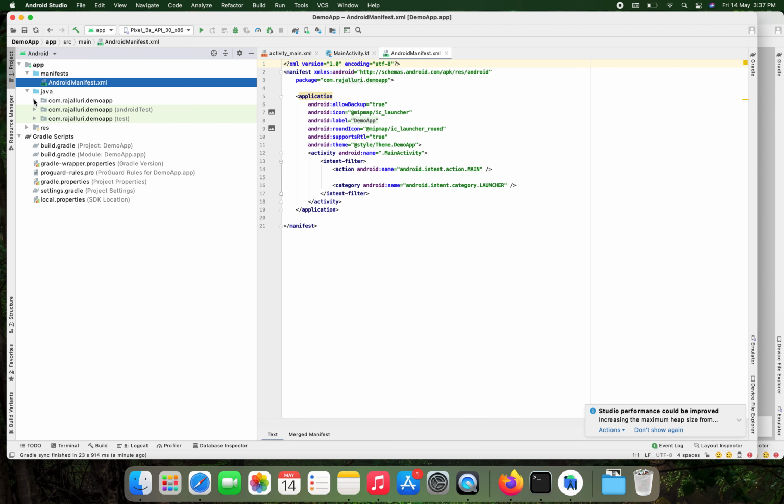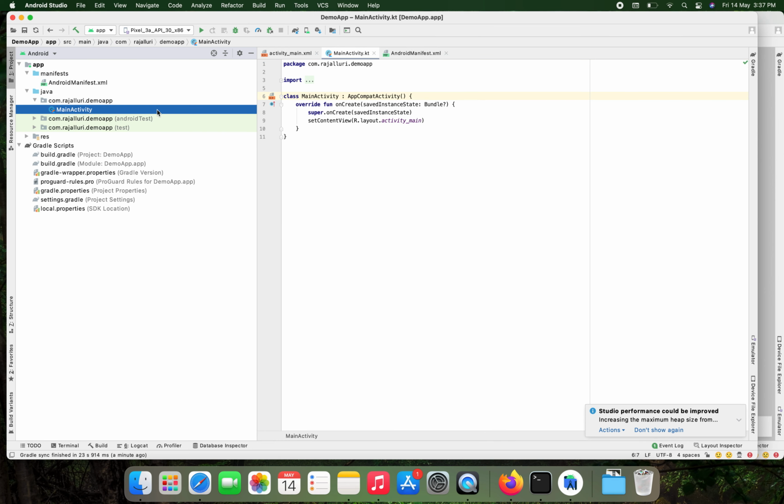The java folder holds the classes which we are using in our project. For example, MainActivity. This is the class we are using right now in this project. Then the third one is the resources folder. In the resources, generally we provide the images or layout files to give the UI for the project, and the string values and some colors. So most kinds of resources we use for the project. So this is the project structure.